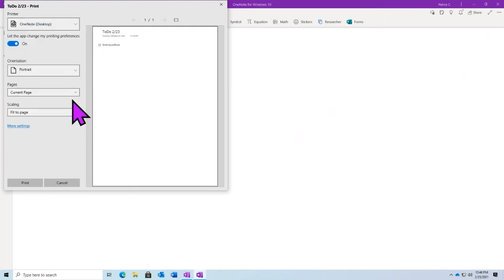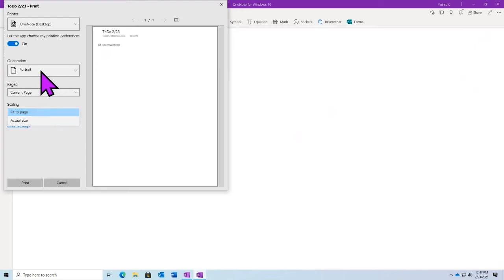And the most important thing when it comes to printing from OneNote, and especially the Windows 10 version, is to make sure that you select Fit to Page. Especially if you have handwriting or things like that, sometimes the scaling on your page is not necessarily one-to-one. You might have zoomed in a little bit or zoomed out to fit your information on the page. And if we select actual size versus Fit to Page, then sometimes it can have that handwriting go to a separate page or it won't quite scale properly.